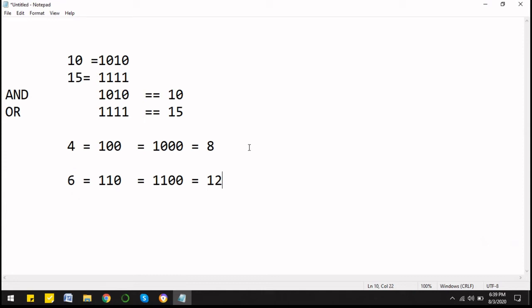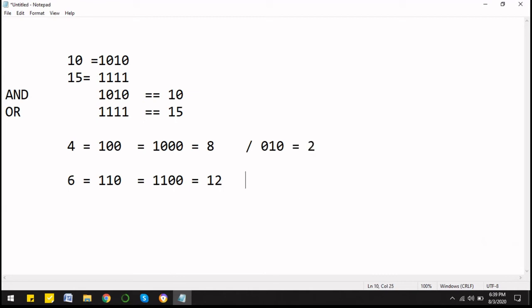Similarly, what if I shift it to the right side? When I shift it to the right side, this 0 will be truncated, and this will be shifted. So we will be having only 1 and 0, right? And a 0 will be added additionally on the left side. So this will be 0 1 0. So we have shifted it to this side, so the 0 has been truncated, and this result is now 2.